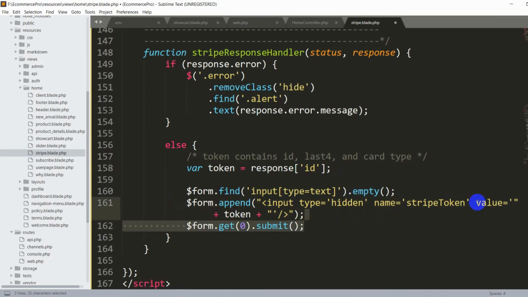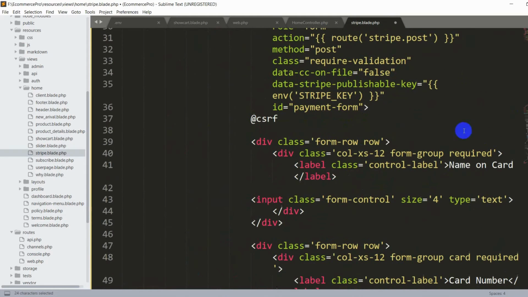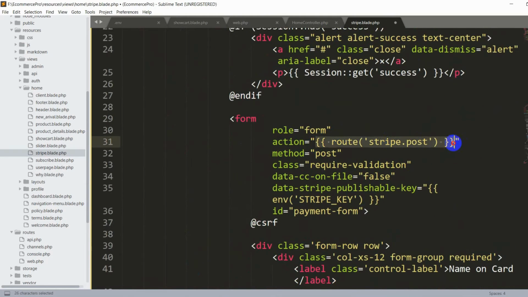This token is this one, so we are getting the token from there, and we mention the name stripeToken over here, and then we are submitting the form. So after verifying everything, we will only go to this route, otherwise we will not go to this